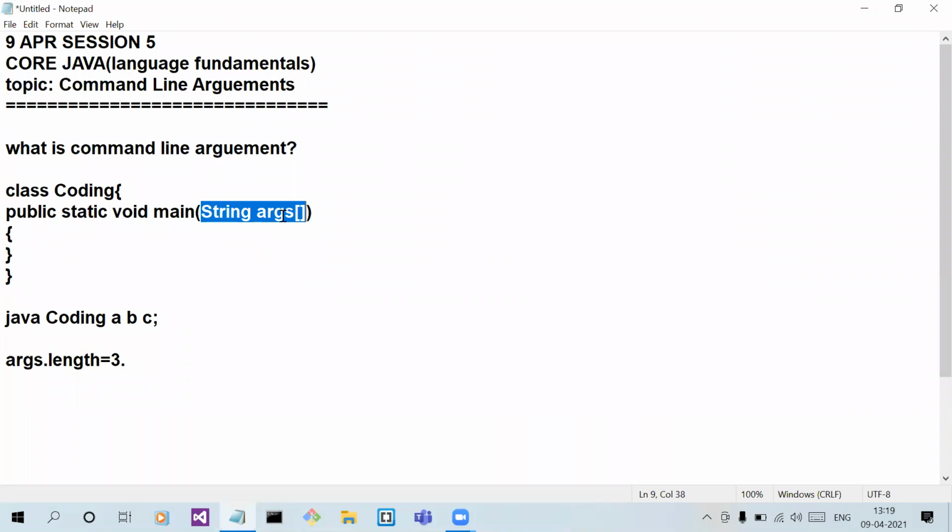You can say in Java, if you consider any program, the most common use of object is the string object.